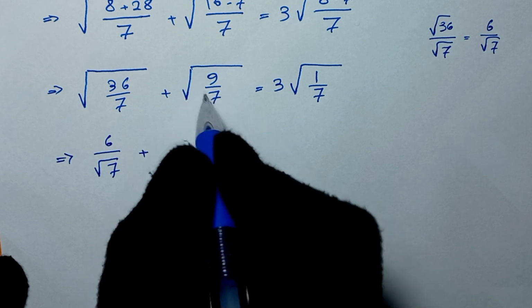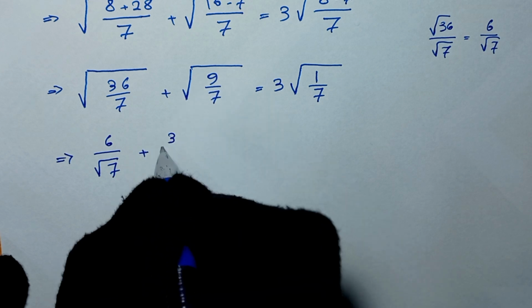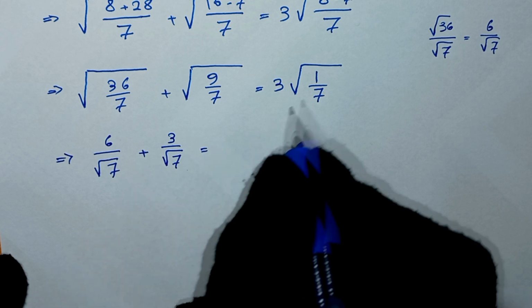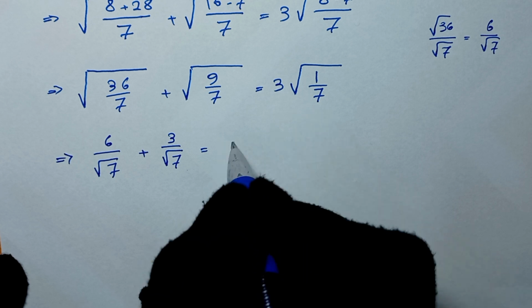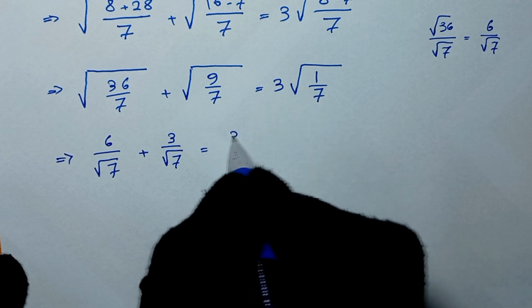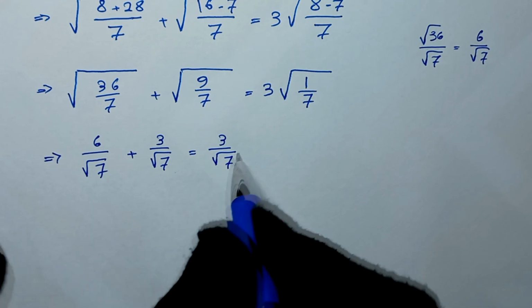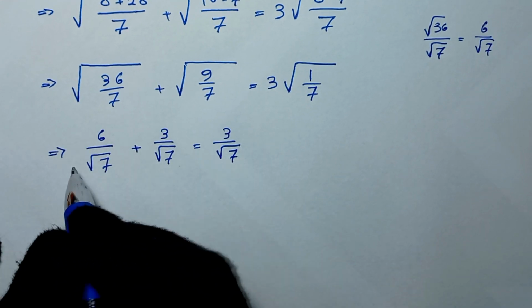And here we can write this as a square root of 9 over a square root of 7. And a square root of 9 is 3 and over a square root of 7. And in here we can write this a square root of 1 over a square root of 7. And a square root of 1 is 1, and times this 3, it will be 3 over a square root of 7. And next step, we can multiply both sides of this equation by a square root of 7,